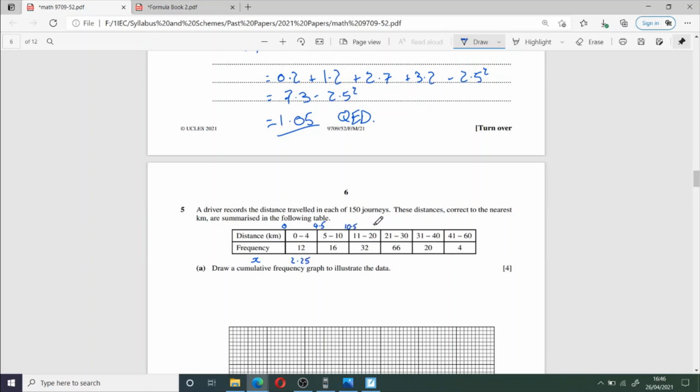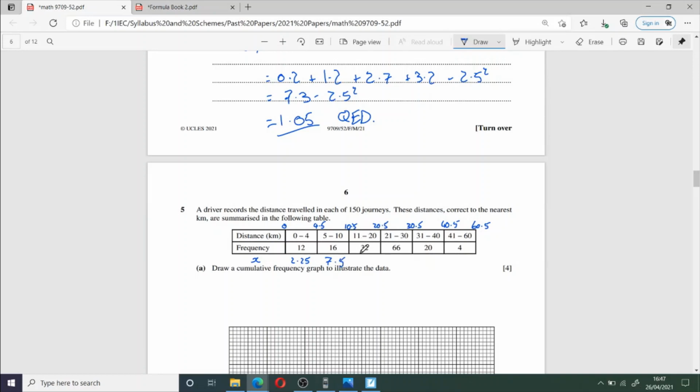Let's write in the other class boundaries very quickly. Now for all of these remaining class boundaries, it doesn't matter if I do 4.5 add 10.5 and divide by 2. That's the same as doing 5 add 10 divided by 2. The only exception is this one, because the lower class boundary here is not negative 0.5, because we can't have a negative distance. So this is the only one that's going to end up being to 2 decimal places. So one to watch out for there. For the rest of these, either way, you get 7.5 here.